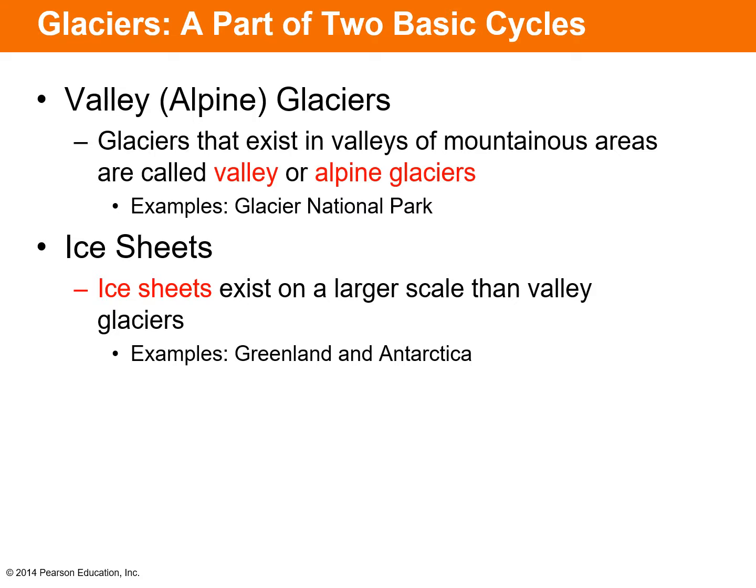Okay, so we talked about what a glacier is and how it impacts both the rock cycle and the hydrologic cycle. So let's expound upon that and talk about a couple of different types of glaciers and how they impact the rock cycle and hydrologic cycle differently. First, you have valley, otherwise known as alpine glaciers, and these are glaciers that exist in valleys of mountainous areas. One really good example of this that's pretty near us here in the Treasure Valley is Glacier National Park. And if you've never seen it, I highly recommend that you search for some photos of Glacier National Park or take a look at it